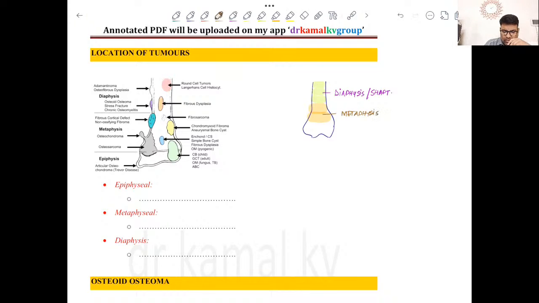Then there is one growth plate which is known as